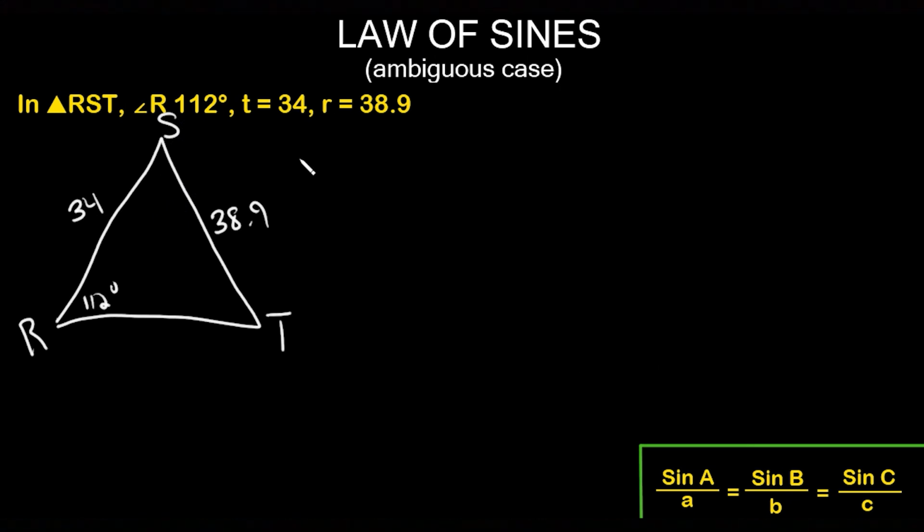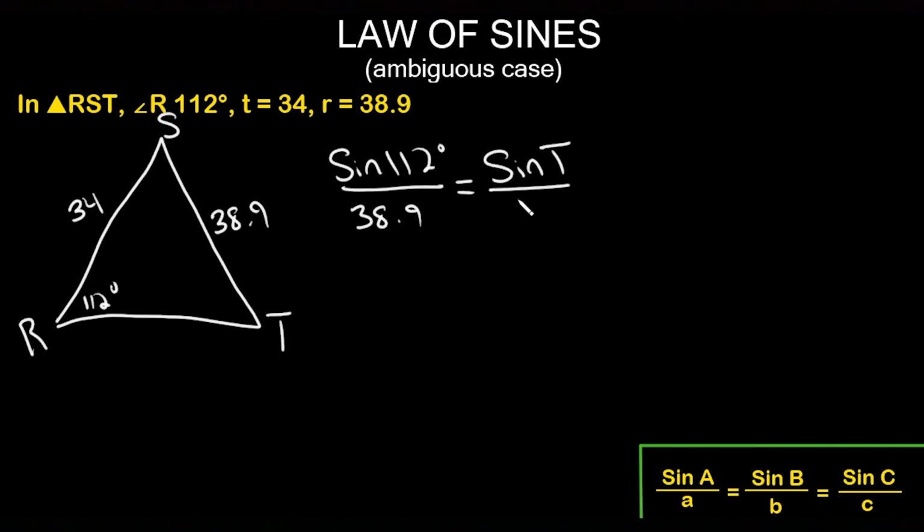So the ratio I'm going to use here is sine of 112 degrees all over 38.9, okay? I'm going to set that equal to sine T all over 34. So again, we're solving for that angle T right now. So in your calculator, you're going to do sine of 112. You're then going to divide by 38.9, okay? And then you're going to multiply by 34. And then finally, you take inverse sine of that answer. So taking inverse sine of that answer, we get the following, 54.13. So angle T